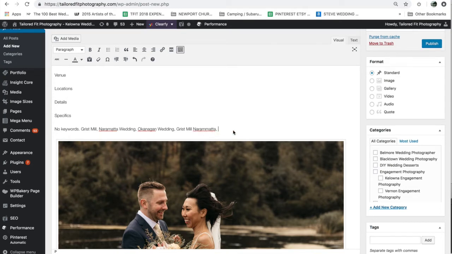Or you get the point, just different keywords that will actually tie in. So we've got a forest wedding, we could put that in there. We could do wedding photos on the lake. Just think of terms that brides are searching for when they're researching weddings and planning out their wedding, if you